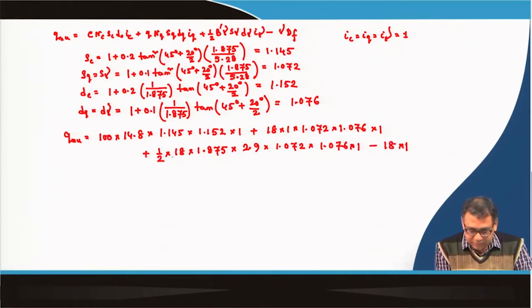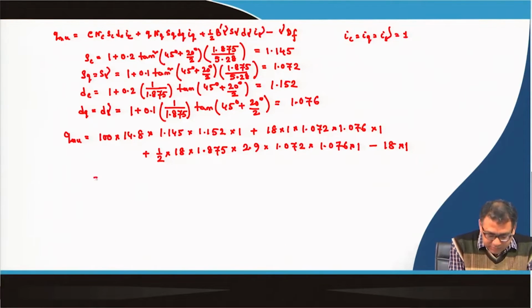So, this is the gamma B dash N gamma 2.9, then these two factors. Yeah. So, now this value is coming out to be